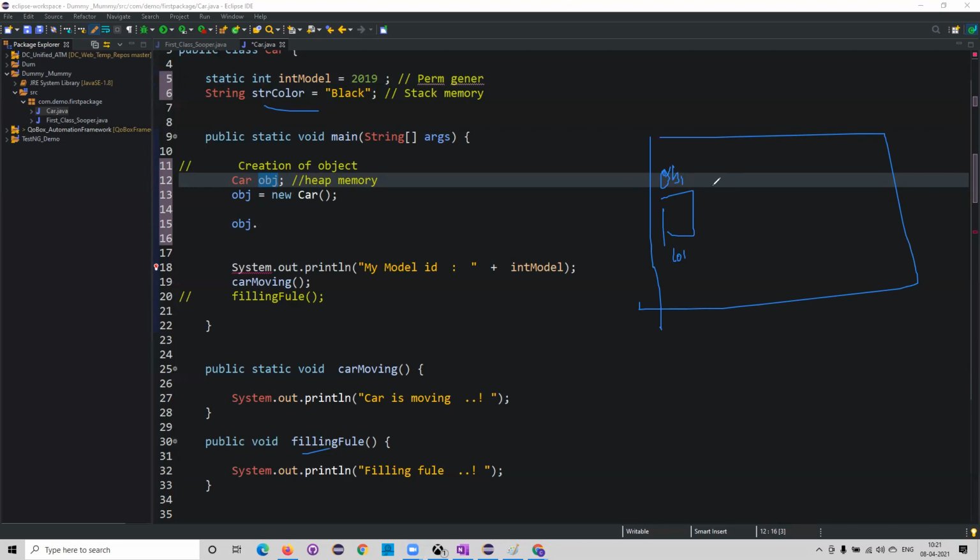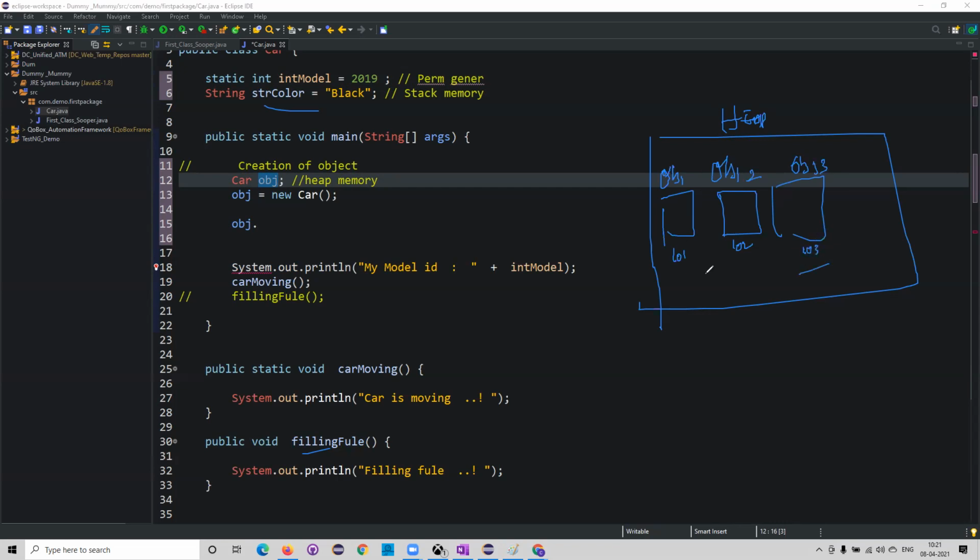If I want another object, obj2, I'll have another memory in the heap, with the address 102. If I create another object, obj3, it is allocated 103.